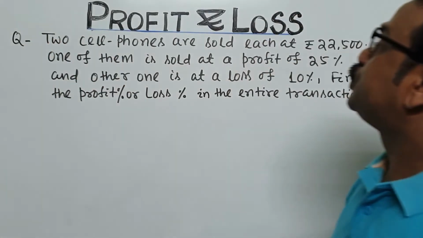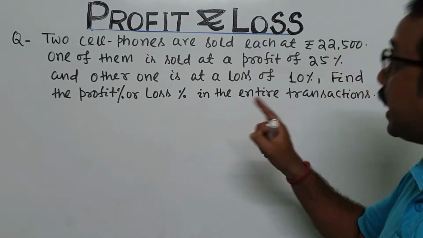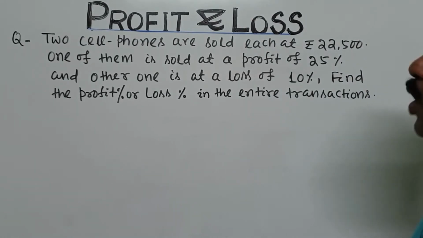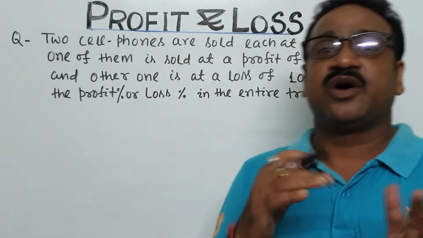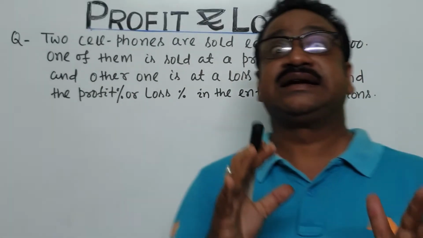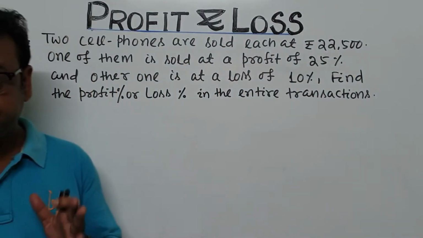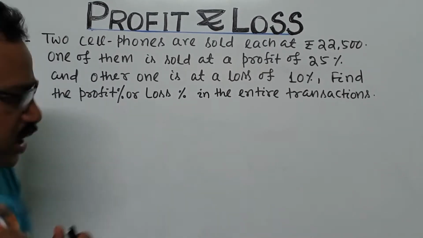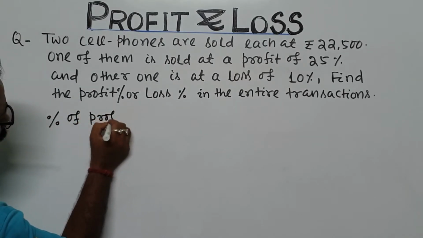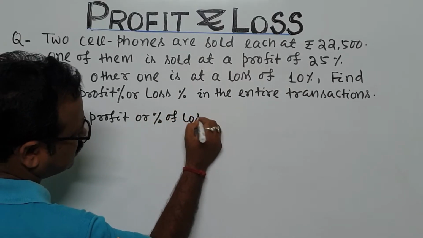So what is the question? Two cell phones are sold each at rupees 22,500. One of them is sold at a profit of 25% and the other one is sold at a loss of 10%. One at profit, the other at loss. So find the profit percent or loss percent in the entire transaction. So here what type of formula will we put? Here we will see the percentage of profit or percentage of loss is equal to